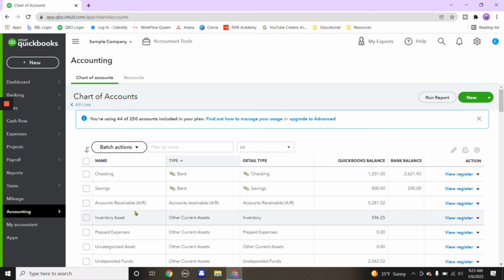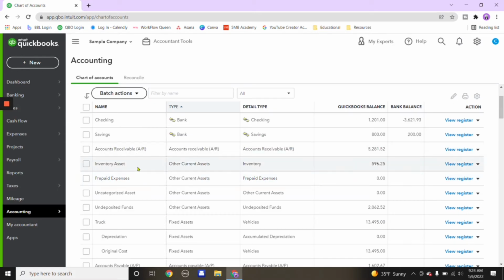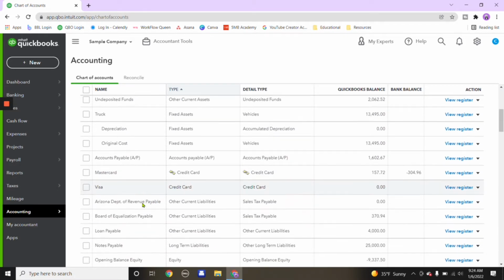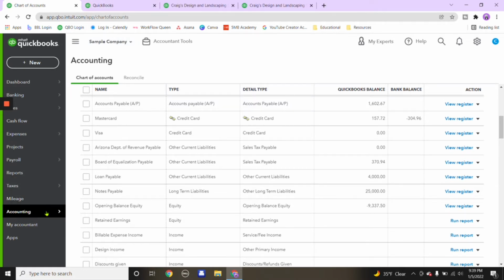So a chart of accounts is a list of categories that are used to categorize transactions that occur within a business. I'll go ahead and show you how your chart of accounts reflects on both the balance sheet report and the profit and loss report, and also what you would do if you want it to be more detailed, or what steps you would take if you want it to be more simple. Of course, we always aim for it to be simple because we want to be able to read these reports and know, based on the overview that we are seeing, what is going on in the business, so that we don't get lost. So if we go into reports,